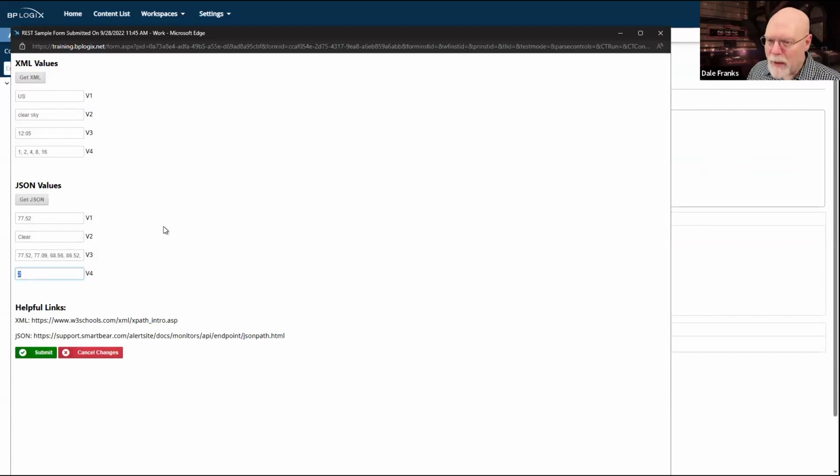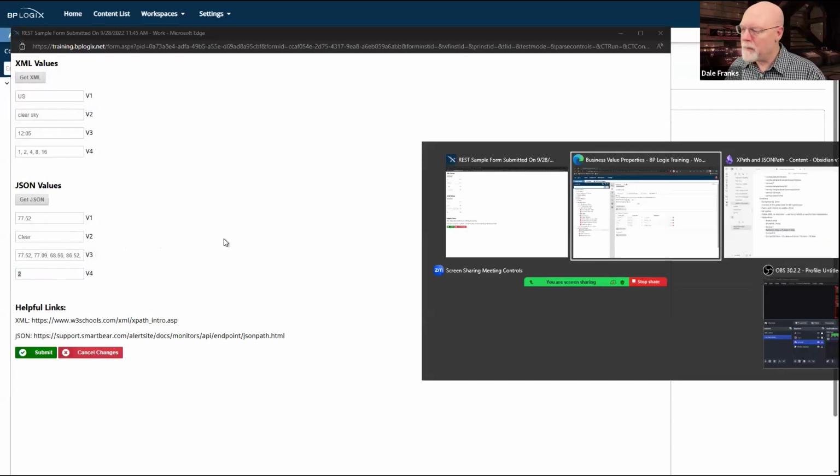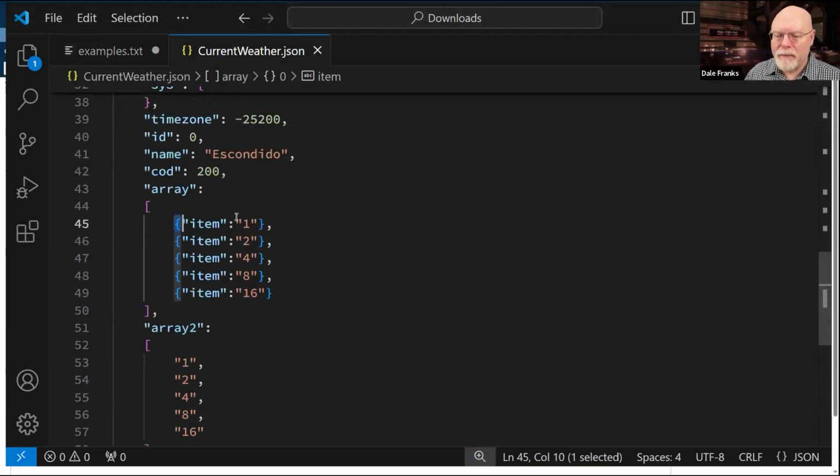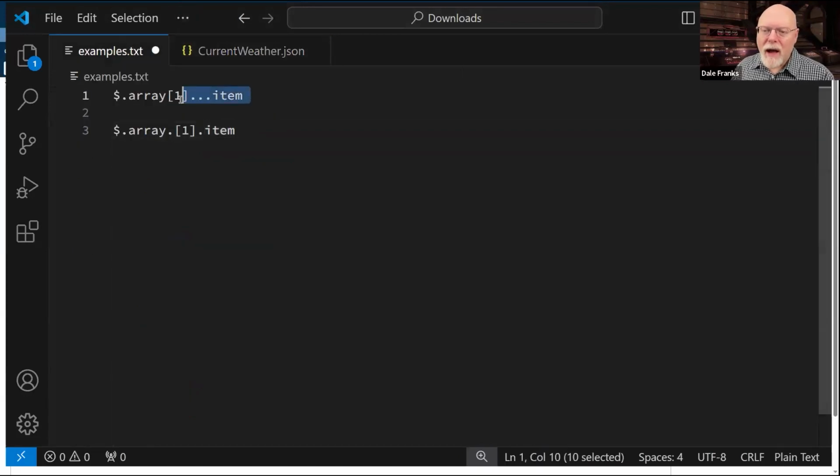So let's go back and see why it's returning 2 to me. We look at our JSON, and I asked, and will ask in both of these cases, for item 1 of the array. Now, just like XML path, if I want to specify an item in an array, then I can put it in square brackets and put in the index of that array item.